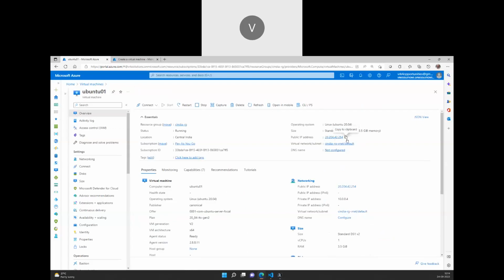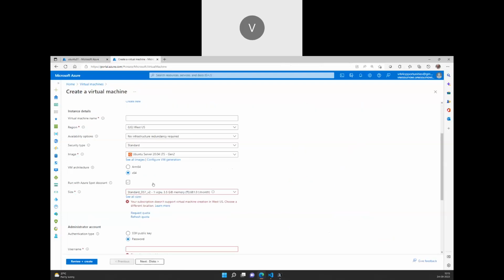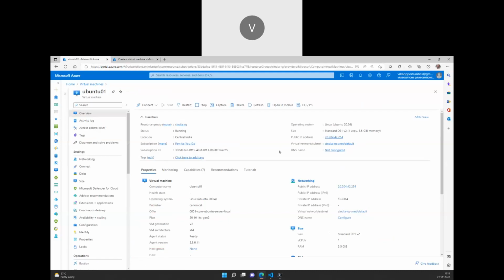Now, what is the concept of an image? I'm going to create a VM from the marketplace images, and this is the one. From that, I can do my own customizations, and I'll create an image out of it. Whenever I'm creating VMs from this specific custom image, I no longer need to install any further prerequisite software. By default, whatever software I wanted to have will be there in the VMs which I'm creating. So let me try